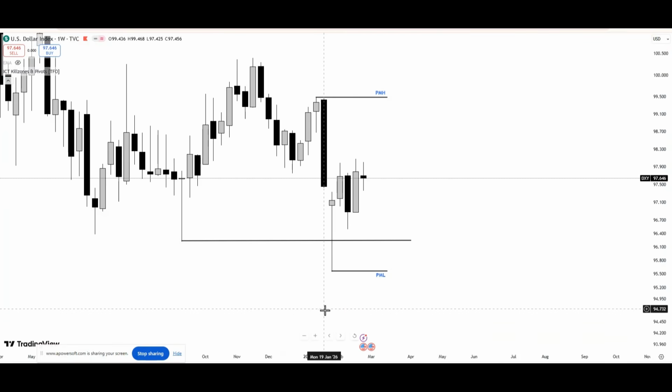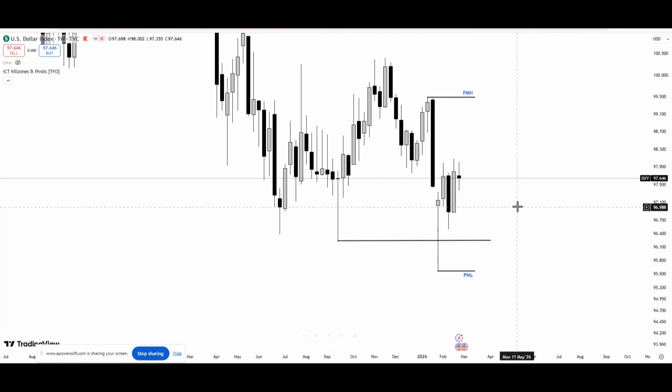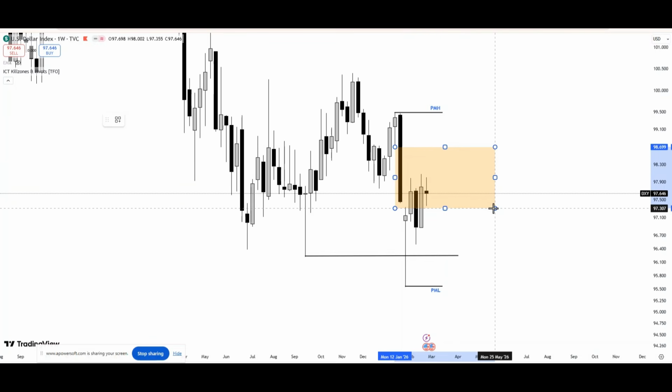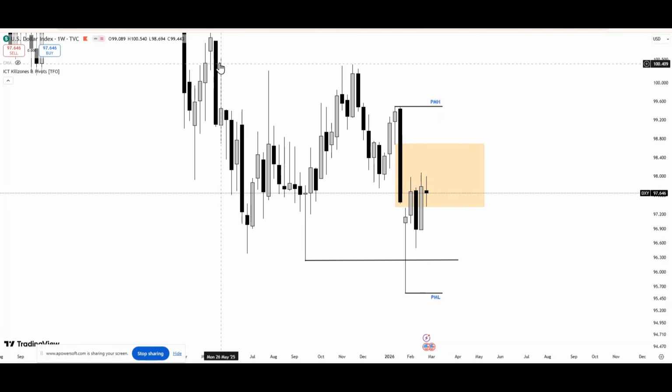So let's look at the weekly time frame. If we look at the weekly time frame, so far price in January took out this low, we got all this rejection, and currently price is still inside a weekly fair value gap. So we are stuck here, and you can see for the past 4 weeks, actually February, because it closed as an inside month, you can clearly see how candles behave anytime we have an inside candle. You can clearly see the week was more of a range, and that is why we had this kind of price action. So generally, if you look at the directional market structure for the weekly time frame, the weekly is still bearish. We are stuck inside this fair value gap.